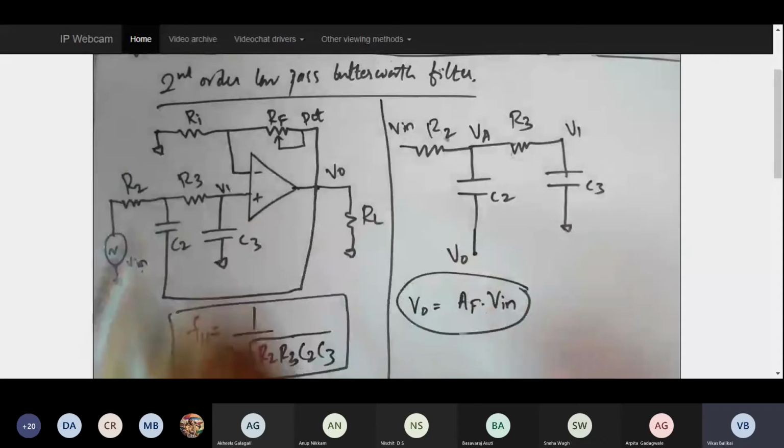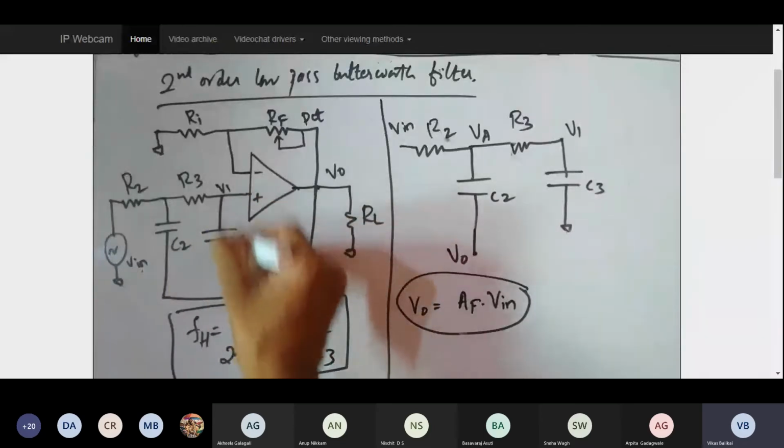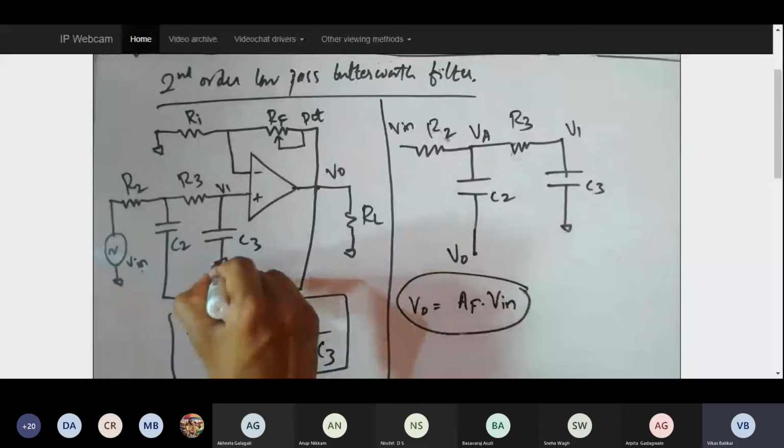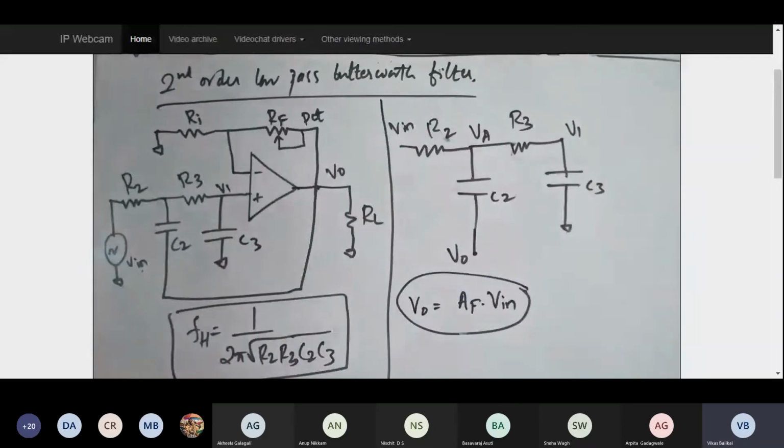So in order to calculate V1, you should be able to understand what is the voltage division that happens across all these components, and finally what is that voltage that gets dropped across the C3. That voltage will be my V1. The voltage that drops across C3, that is the input voltage for my op amp. So this equation will get modified to this. Now what I need is V1. AF, anyhow I know it remains the same, 1 plus RF by RI. Since it is a non-inverting configuration, this AF is going to remain as 1 plus RF by RI.